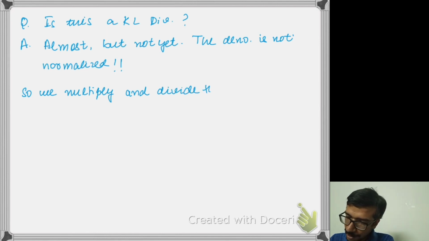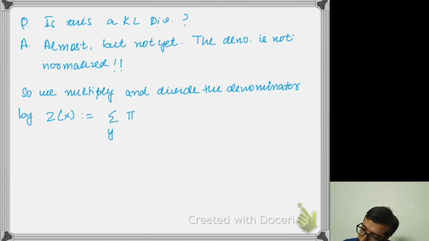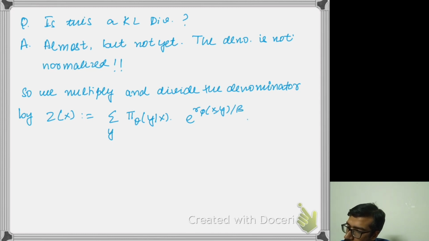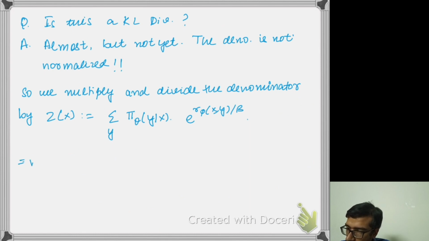So we multiply and divide the denominator by Z x, which equals sum over y of pi ref y given x exponential of r phi xy over beta. So what is the expression which is left now? The expression is